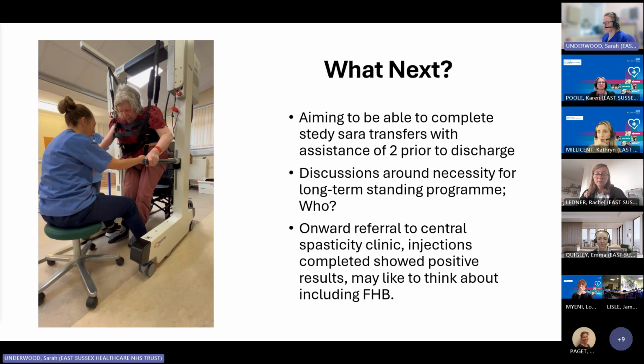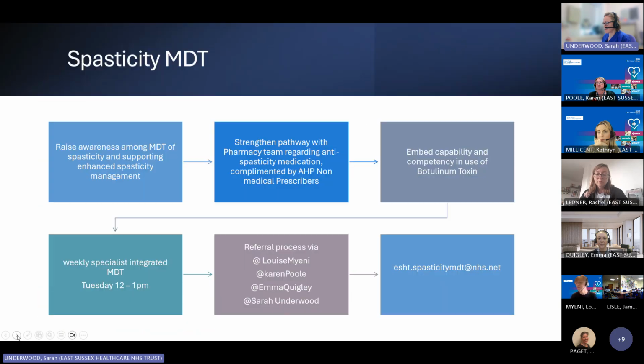Right, I'm just going to remind you of referral routes before we open up for any questions. So we have our Spasticity MDT. These are slides that were shared in the last session as well. If you have any patients that you think would benefit from a review, from spasticity assessment, some conversations around antispasmodics, pain relief, we're really happy to have those conversations. You can contact myself, Karen, Emma, or Louise. We have a weekly Spasticity MDT on a Tuesday, and the email address is